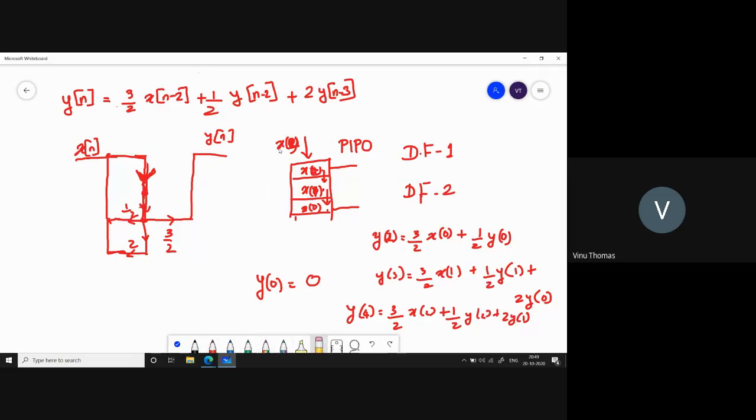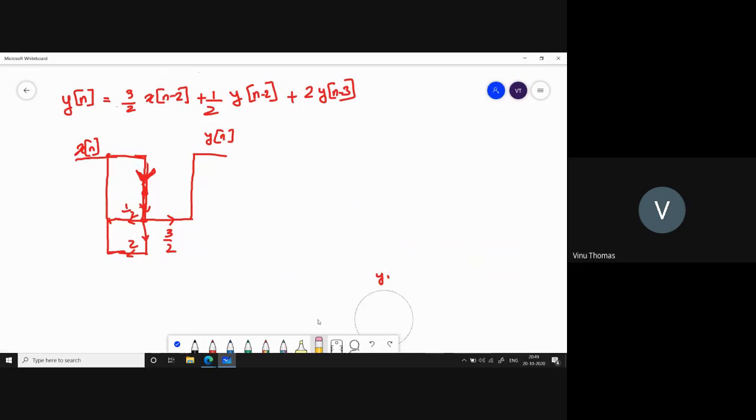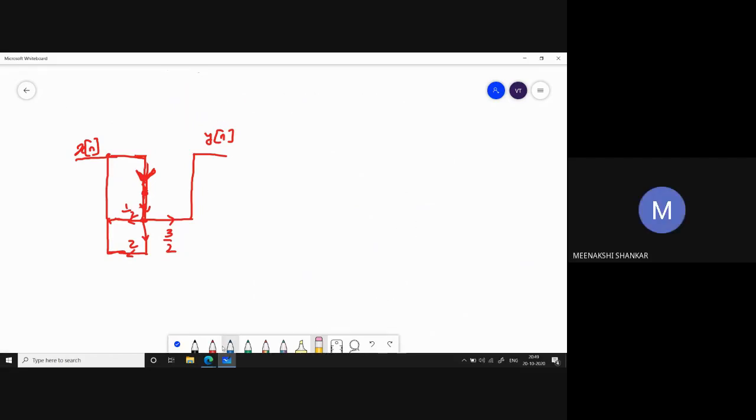Now you can also tell me, what do you mean by the order of a filter, that we have defined in the previous class? What is the order of a filter? What is the meaning of saying that the order of a filter is equal to n? The order of a filter is therefore the number of memory locations of a filter.